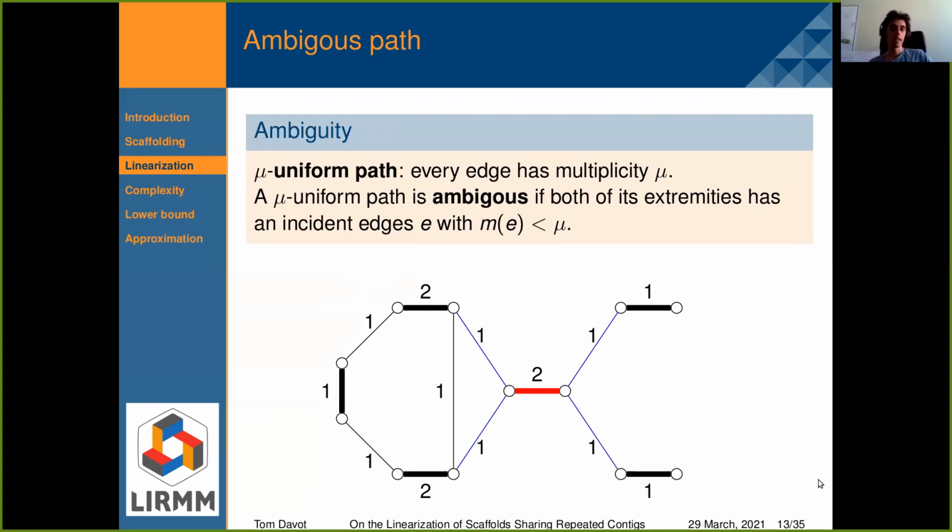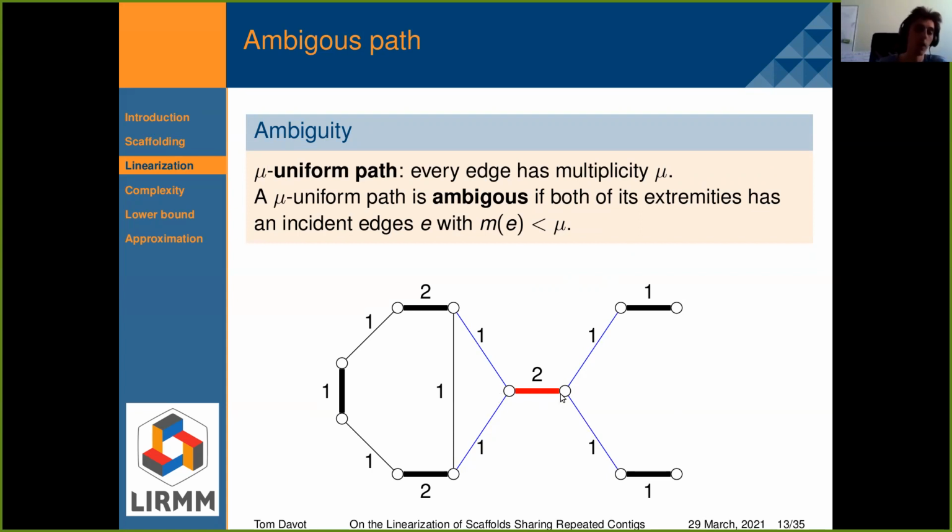And we can characterize the ambiguity in the solution graph like this. A uniform path is a path where every edge has the same multiplicity. And we say that a uniform path is ambiguous if both of its extremities have an incident edge with a smaller multiplicity.